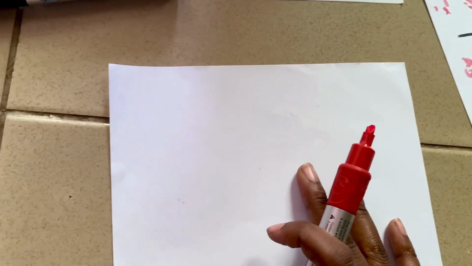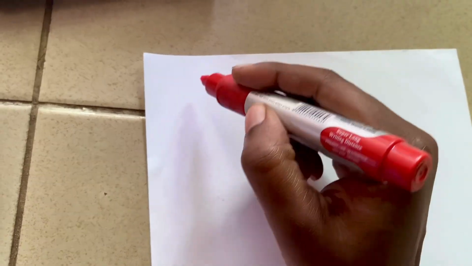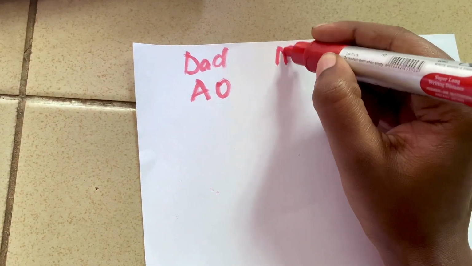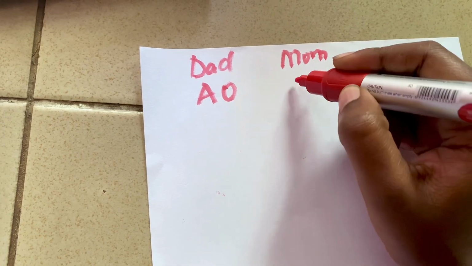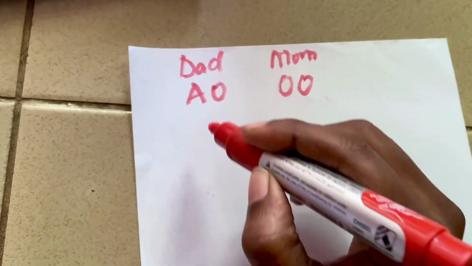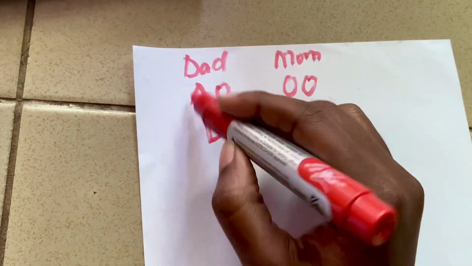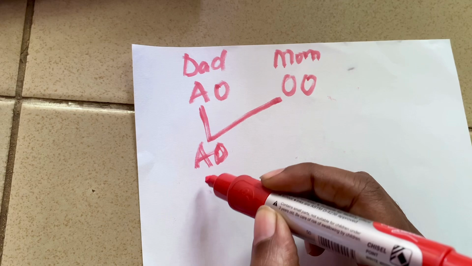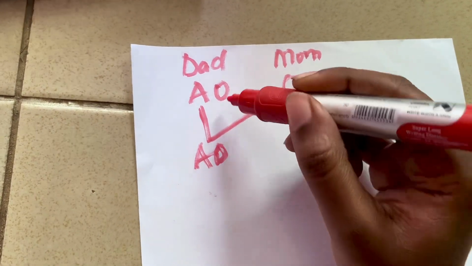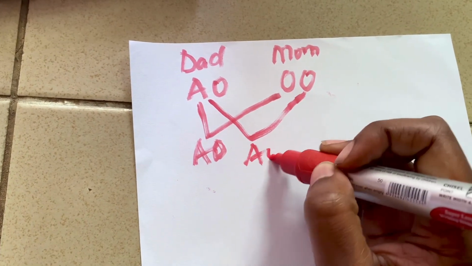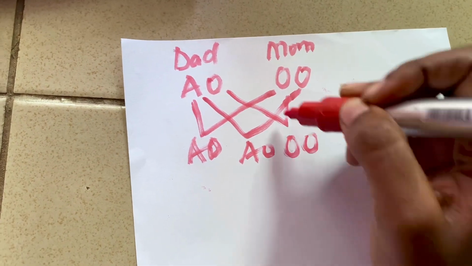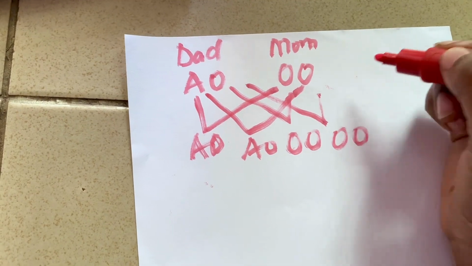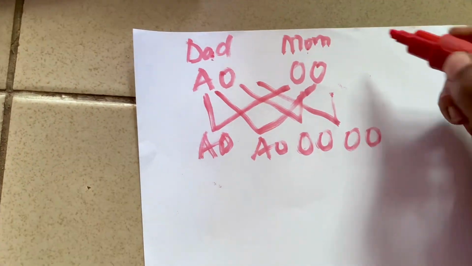Okay, so the first example, let me give you ours. My dad was blood group A, which is AO. My mom is an O, which is OO. So if you cross them, the first is going to be AO, meaning any child could be an A. Second, we have AO. Third, we have OO. Fourth, we have OO. That means the children these two have are going to be blood group